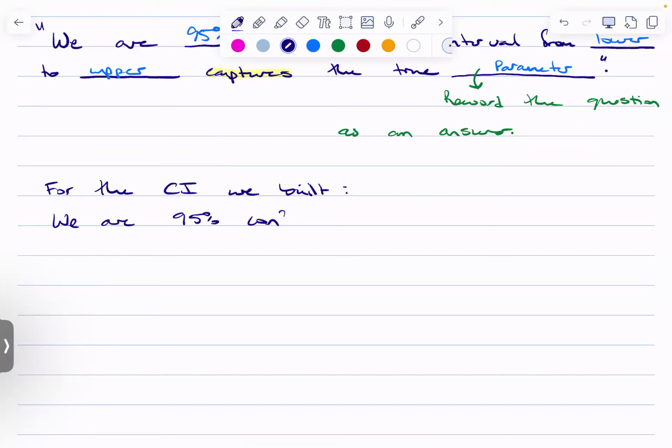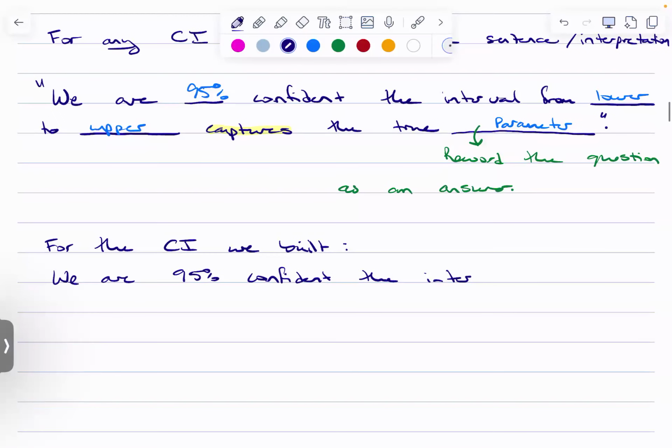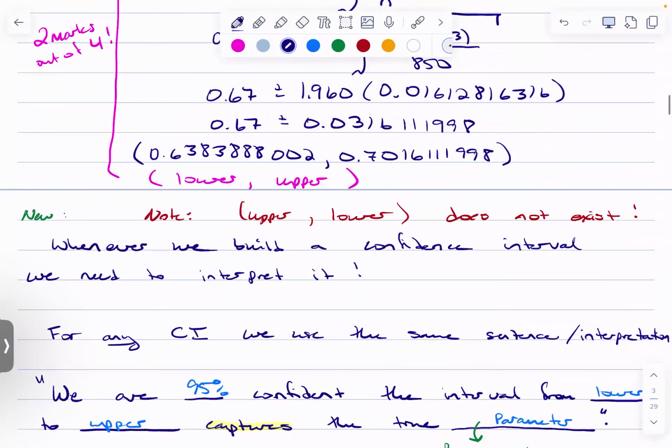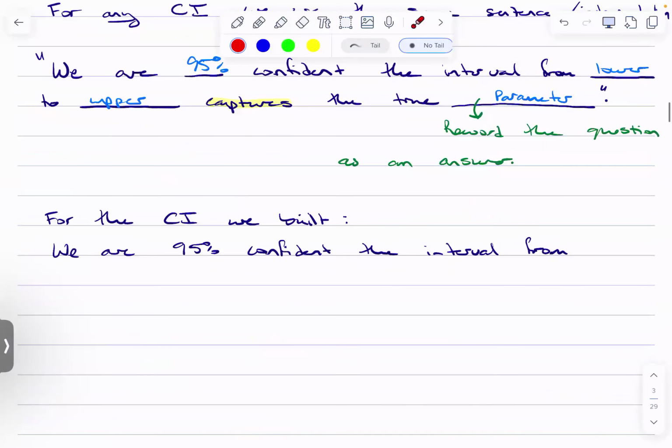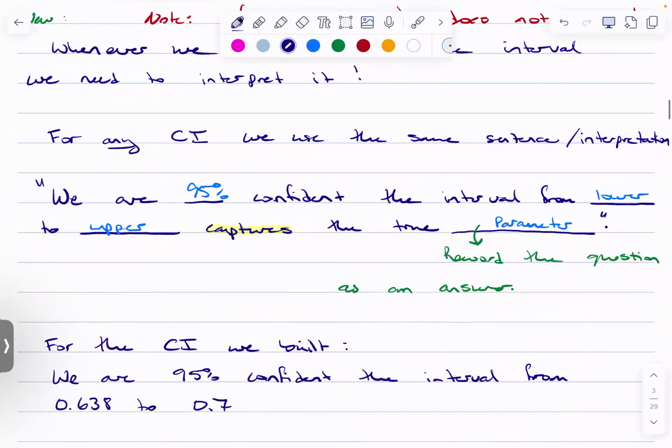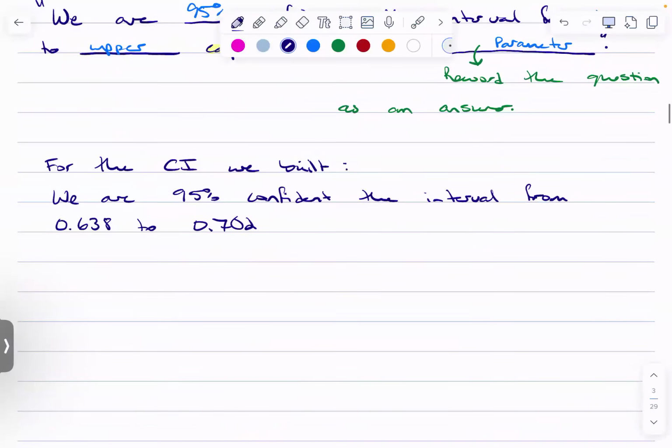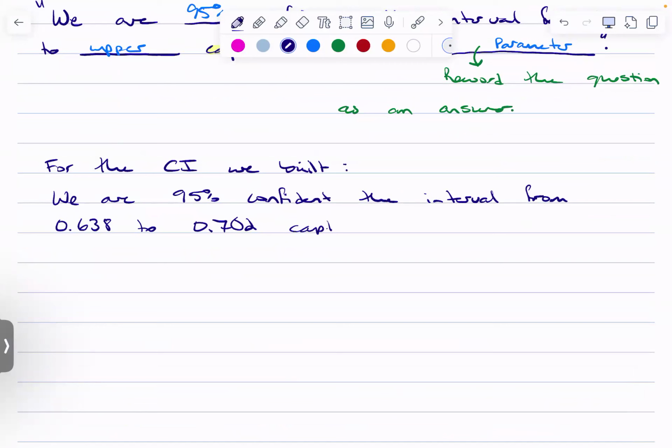We are 95% confident the interval from, now these are proportions, so you could convert them to percentages if you want, or I'm just going to keep it as a proportion, maybe to 3 decimal places, let's say. And so the interval from 0.638 to 0.702 captures